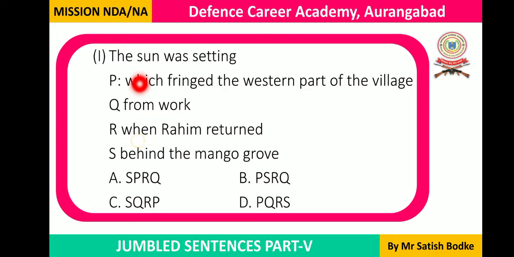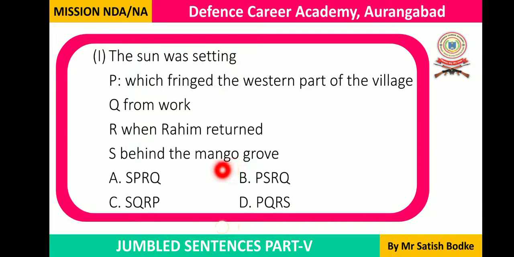The sun was setting. Here you can see that the sentence is obviously beginning with a noun phrase, which is a subject, the sun. After the subject, a verb is used in the continuous tense, was setting. After the verb, an object, a complement, or adverbial might appear. Here, with was setting, obviously an object might not appear, but a complement or adverbial might. The sun was setting behind the mango grove.